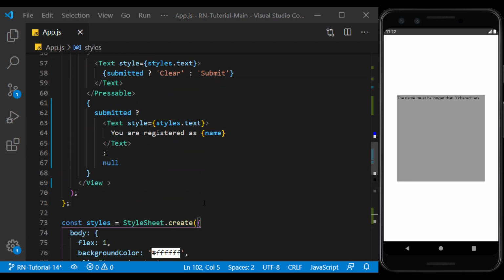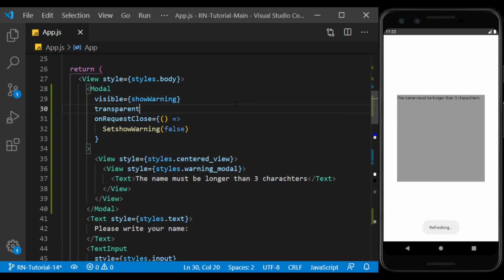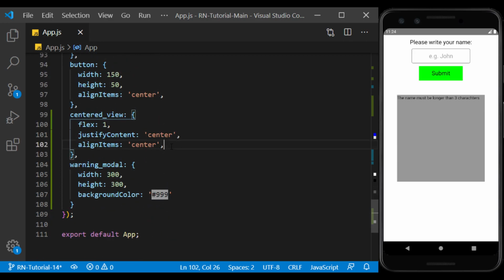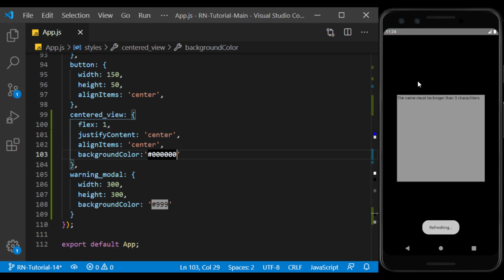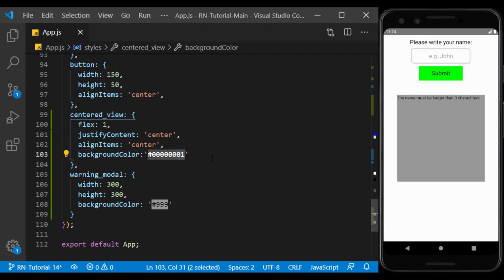Modal background is white by default, but we can make it transparent if we want. In this case, only views that have a background color are displayed. To make the displayed Modal separate from the background, we can use a transparent color. For example, consider black as a hex. If we put a number between 0 and 99 at the end of it, we have actually determined the transparency amount of that color, which I set to 99.